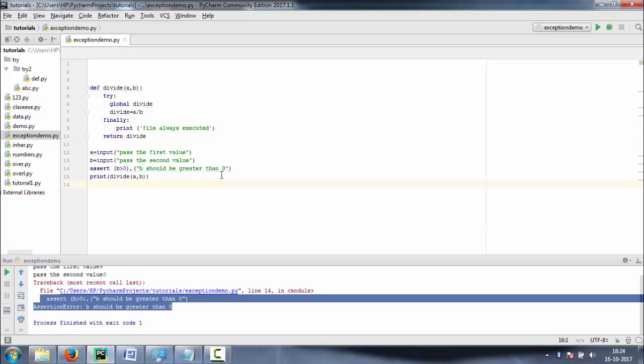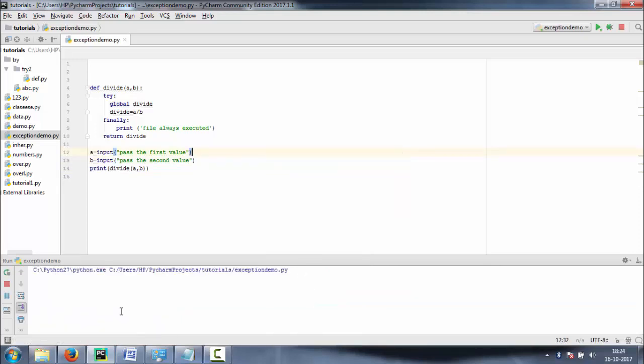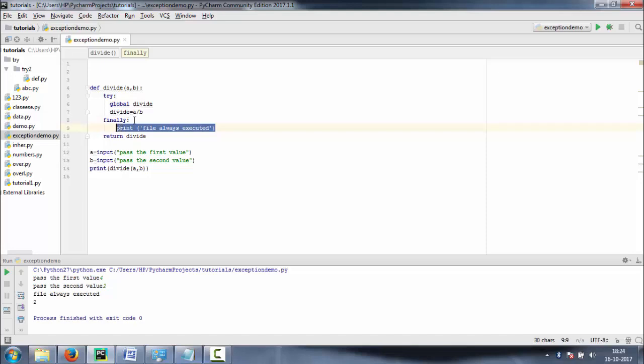Now let's remove this assert statement too and see what happens. I'm passing the first value 4, second value 2. Normal flow of the program: it returns 2 and then the finally block runs. Just remember one thing: the finally block will always be executed whether the exception occurred or not.